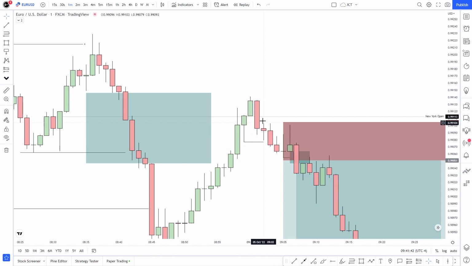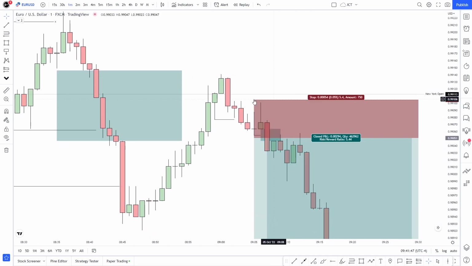Therefore, this could have been a pretty nice fair value gap to try to trade into. As you were able to see in the video, I think I did leave the order here. I was trying to sell from here on paper trading, and then I was also trying to sell from there on what would have been this week my Challenger funded accounts. But price doesn't really trade back into it.